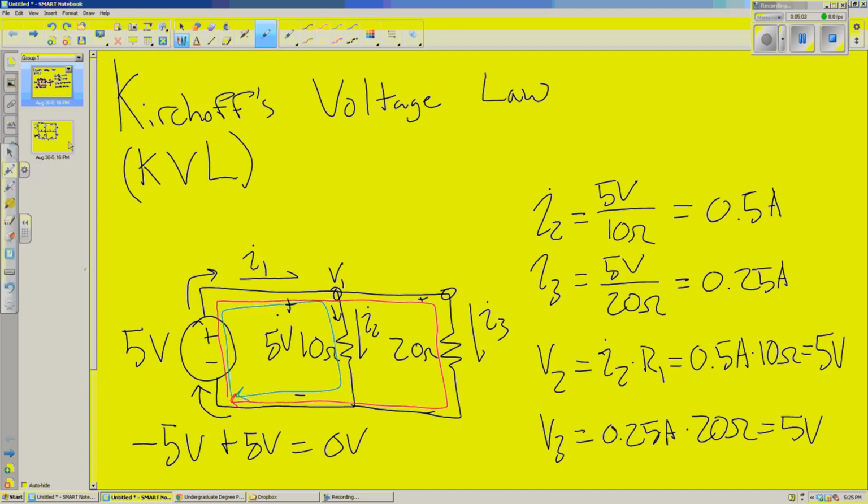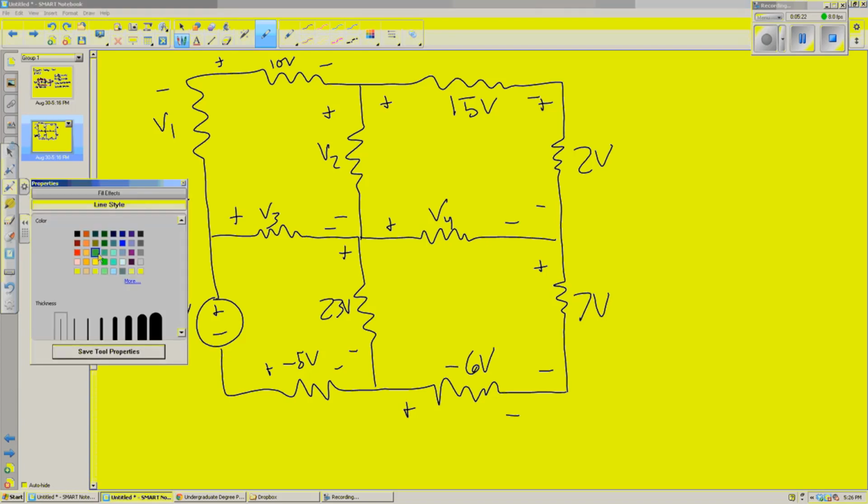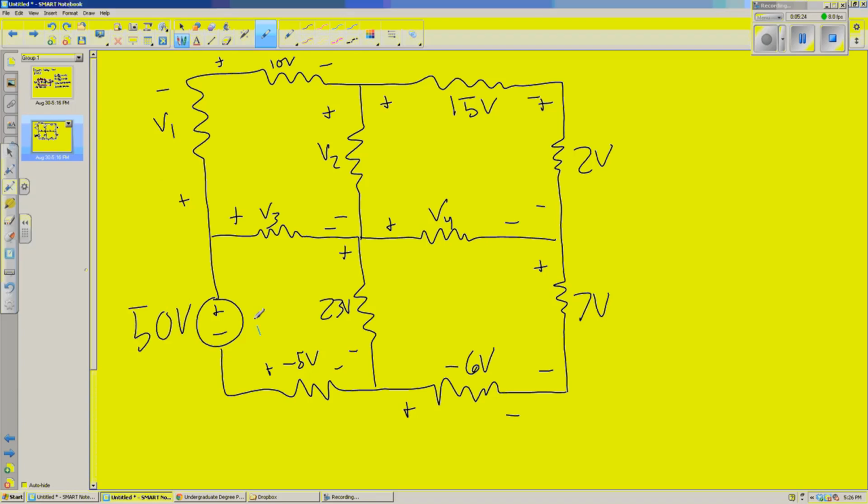Let's go to a much more complicated example. I've drawn out the circuit here from your notes. It's the first example in the sheet. So let's see if that also holds true on here. The first example in our notes covers the path right here in this kind of loop. So we'll start at negative 50. Let's start right here, and we'll go